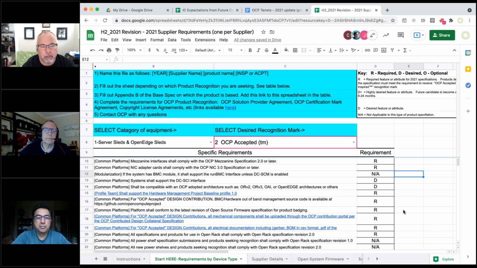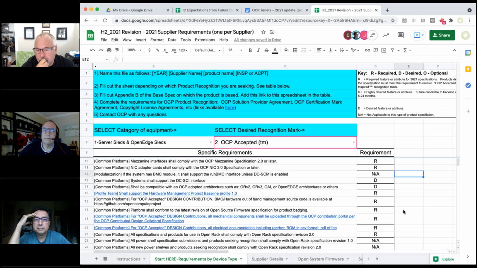Then, subsequent to that template update, there was a checklist for the product, and that's what we're looking at here. We didn't add those requirements in correctly. We didn't add that table into the checklist. So that's what I've done here.